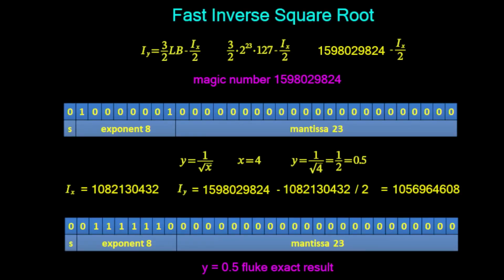So let's finish off looking at the fast inverse square root algorithm. Now, we know the algorithm is of this form here. And we know in terms of a 32-bit number, the value for our L is going to be 2 to the 23. So 23 is just the number of mantissa bits. And the value for our B, which is the bias, is a value of 127. So this number here, which is our magic number, is the number